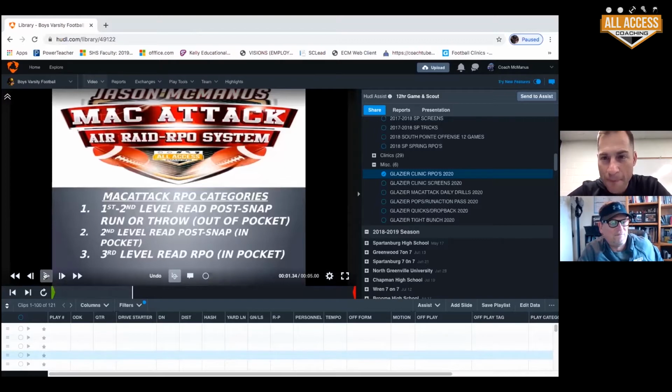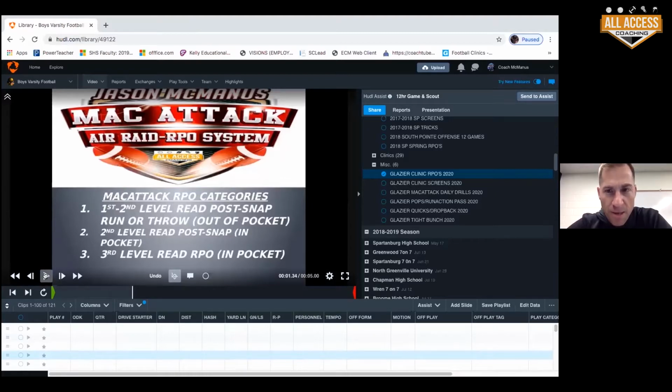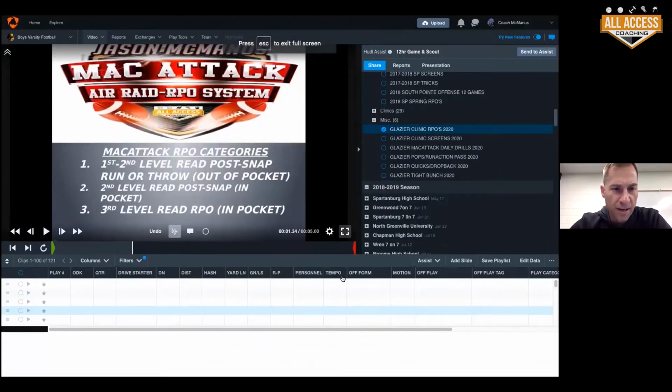What I want to do here, guys, is briefly touch on some of the stuff that we'll be sharing in 2020. One of the big things that I'm a believer in is the RPO game. If you look at how we group our RPOs in the Mac Attack system, I think we've come up with a unique way of categorizing how we do RPOs. Our 3 RPO categories: first and second level RPOs,